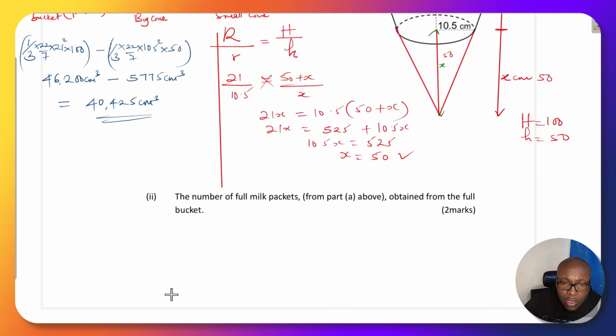40,425. So to get the number of full packets, you simply take the volume of the bucket, that is 40,425 centimeters cubed. Then you divide by the volume of one packet in part A, which is 199.5 centimeters cubed. So this will give the number of packets that can be obtained from the volume of the bucket. So when you divide these, you will get